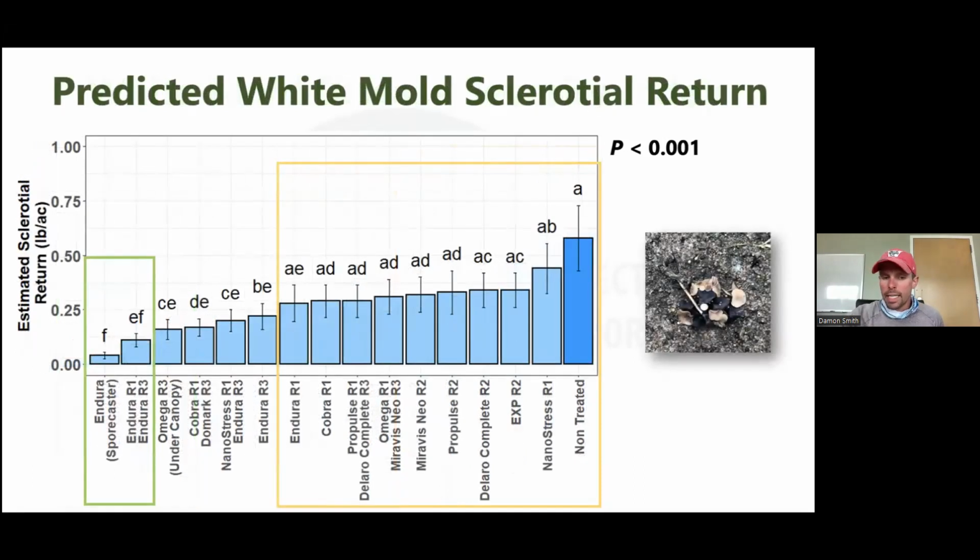We also need to keep in mind that where we control white mold, we're actually reducing inoculum return. What does that mean? That means the amount of rat turds or sclerotia that we're actually returning back to the soil when we run our combines through is lower where we actually protect the plant. So again, here are our treatments, and we can actually estimate the pounds per acre of sclerotia actually getting returned at harvest time. And so, we're talking about over 1/2 pound here in the non-treated control versus virtually none where we control it inside the green box here. So also, in addition to yield, we get some benefits in terms of future crops by actually reducing the inoculum load over time where we protect the plants from the white mold fungus.